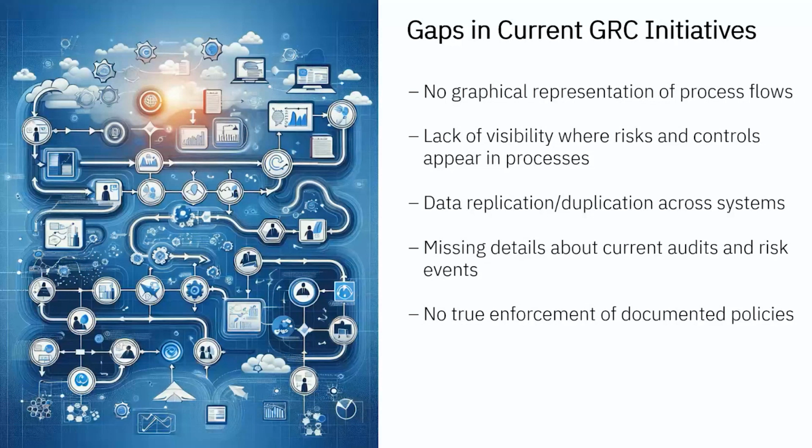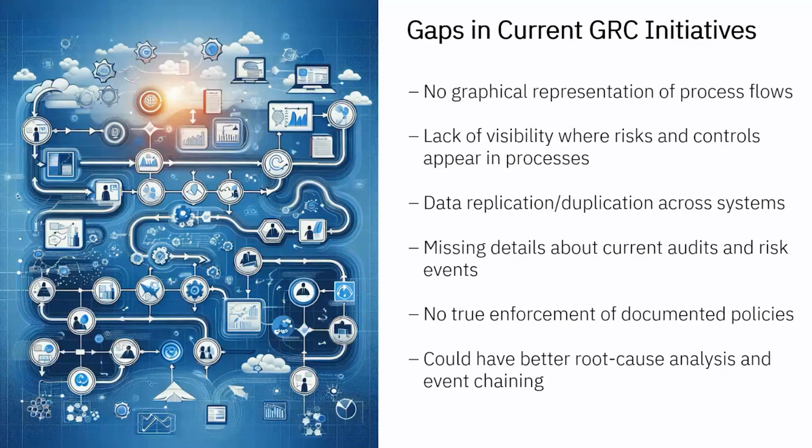But what if we really want to add alerts and add monitoring to the existing process and understand why some of that is going to happen? And then lastly, that root cause analysis that I mentioned, and event chaining, right? Within OpenPages, we're capturing history and we're capturing details of the risk events, but we're not able to tie those all together into an understanding and even look at those from different dimensions in terms of,